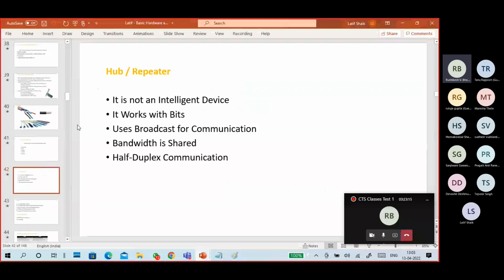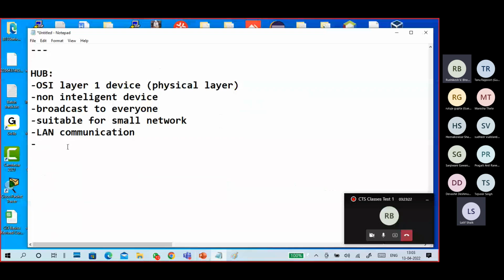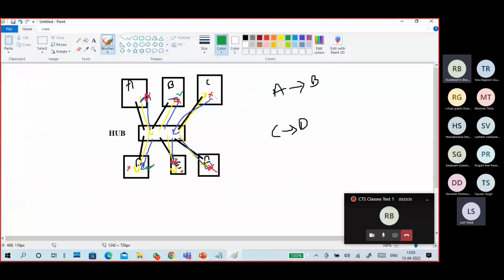Shared, it's in half duplex mode like that. More collisions occur, and data loss is more due to collisions. Meaning, at a time devices are communicating: A is communicating to B, C is communicating to D. But what happens here is more packets go through the same cable.